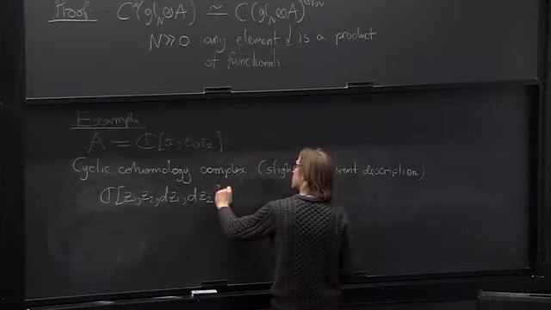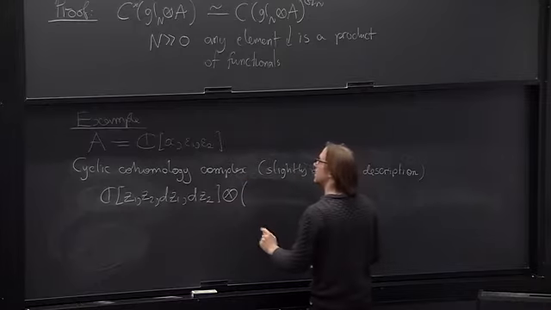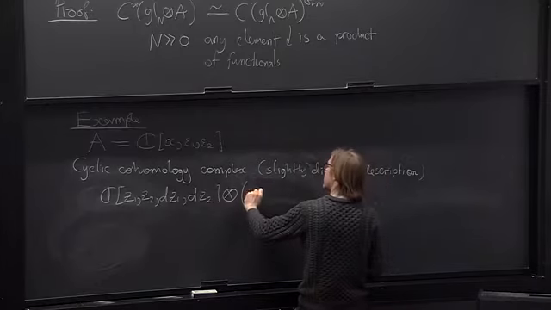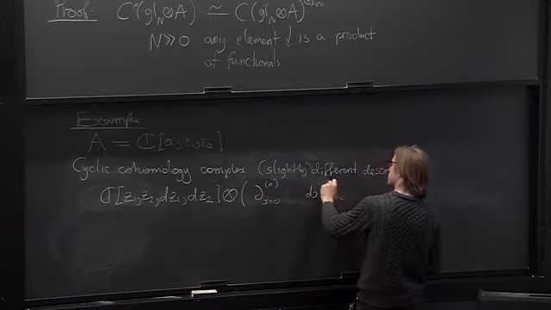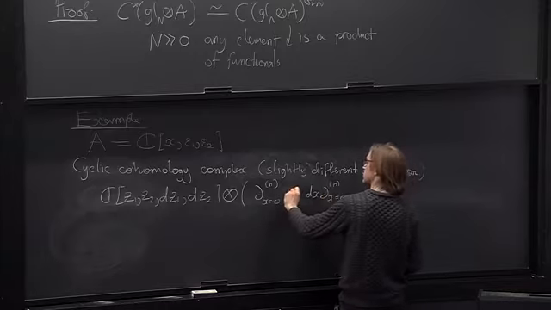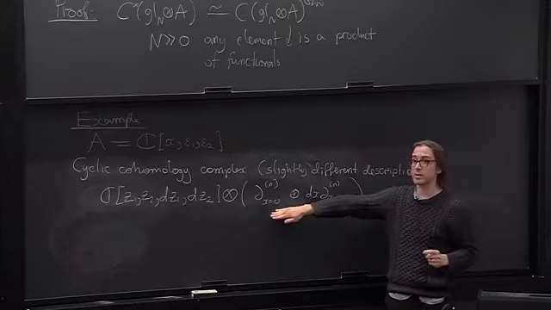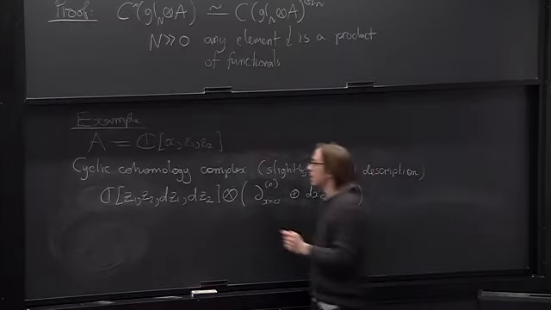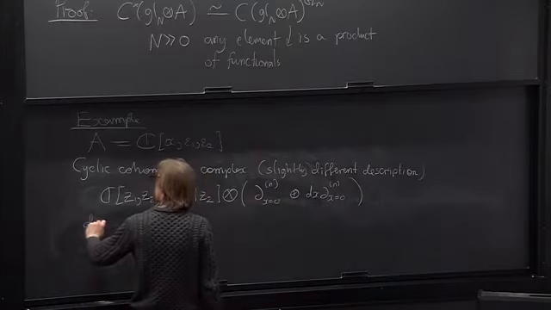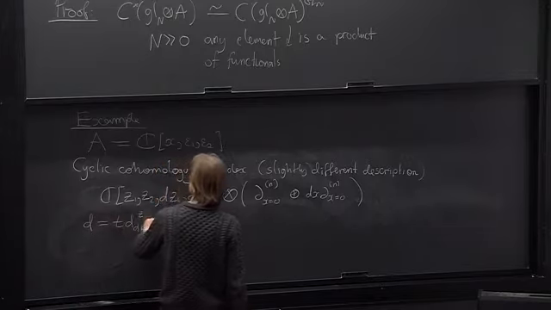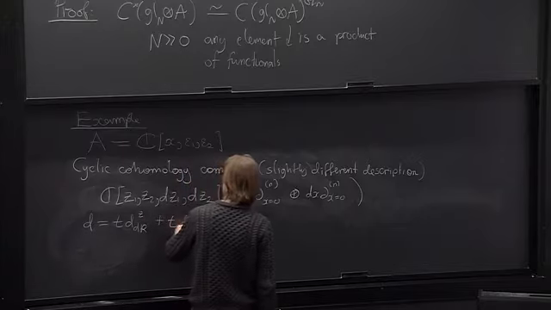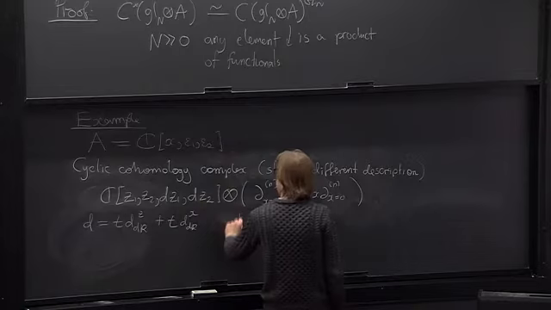And then the other piece I'll have spanned by the delta function at x equals 0 and dx times the delta function at x equals 0. So these are like forms which are supported at a point. And the differential is t times the de Rham differential on the z's, t times the de Rham differential on the x, where the x de Rham differential